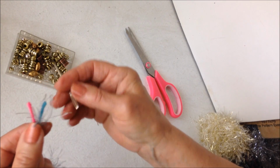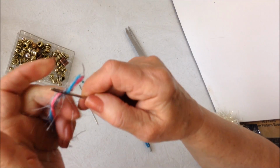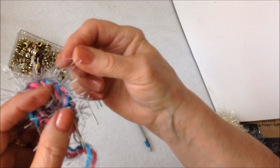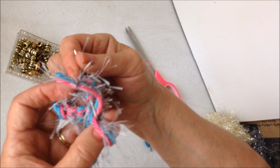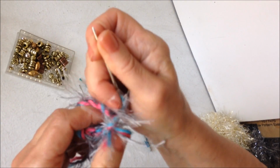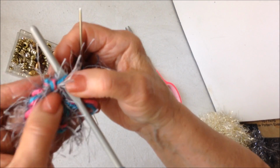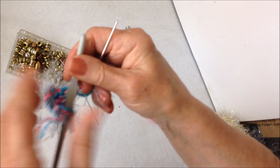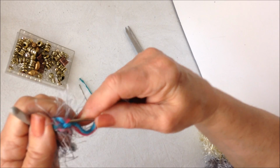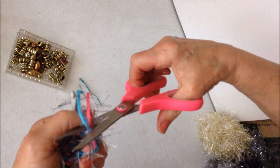I'm going to thread these 3 yarn ends into a yarn needle. And I'm going to pass that back down through the chain. I'm going to keep my thumb in the loop because I don't want to lose that loop. And you could just pass your crochet hook in there if you'd like. You want to keep the loop for hanging it onto the ear wire. So now come back up with that to lock that in and trim off the extra